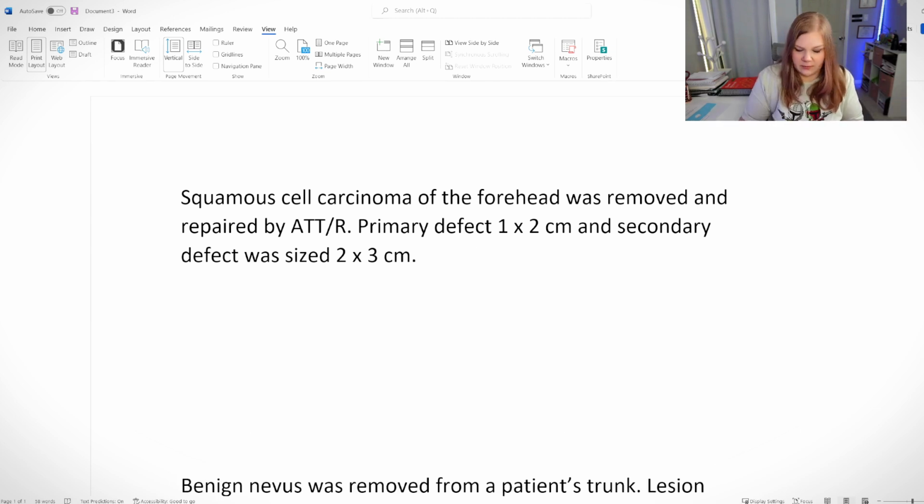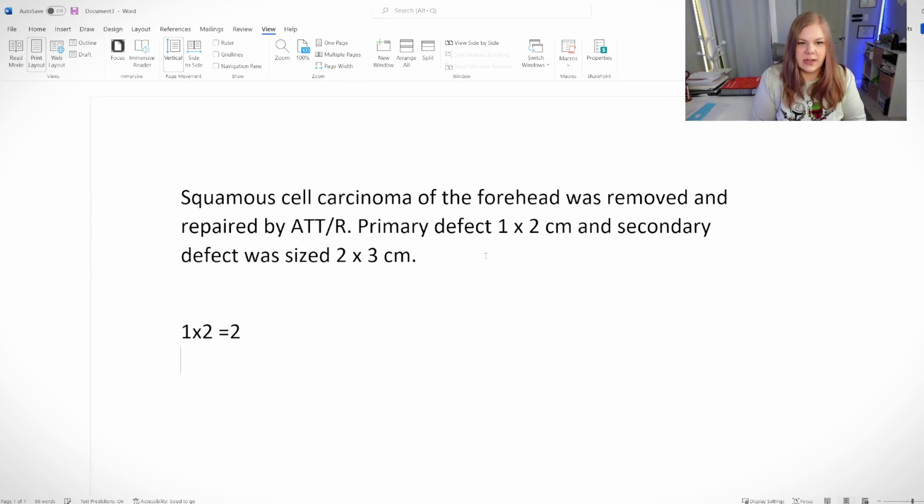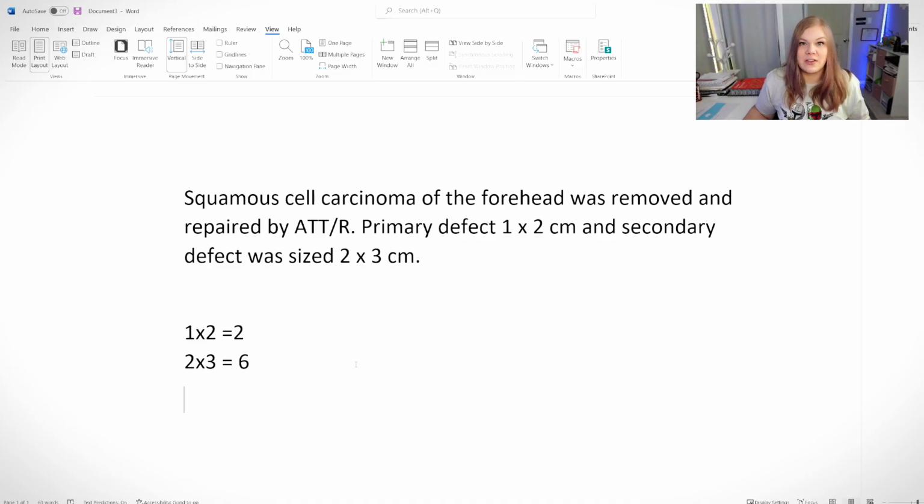So this is where I talked about we have to do some math. So our 1 by 2, that's our first defect size. That equals 2. And then our secondary defect size is 2 by 3, and that equals 6. That's how we calculate square centimeters or area. We take the length times the width. That gives us the total square centimeters. So now we add the square centimeters from defect 1 and defect 2. So our 2 plus 6, and that will total our 8. Which means we're doing 8 square centimeters